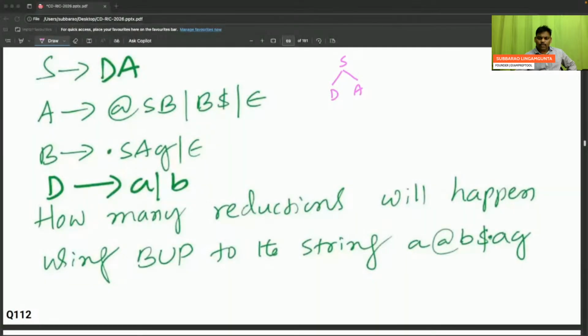Yeah, fine, that's okay. S goes to DA. Can you complete the tree? S goes to DA. D goes to A. Okay. D goes to A. That's okay. A goes to